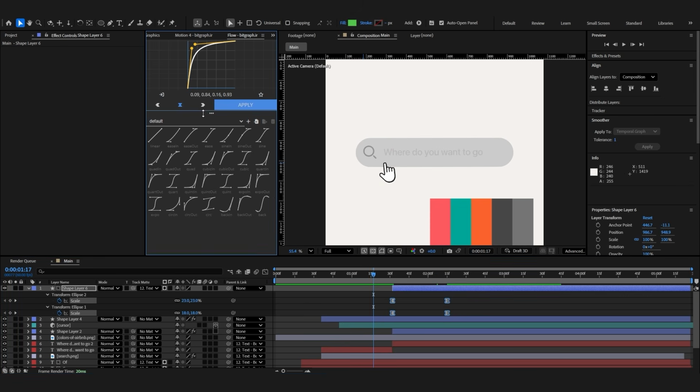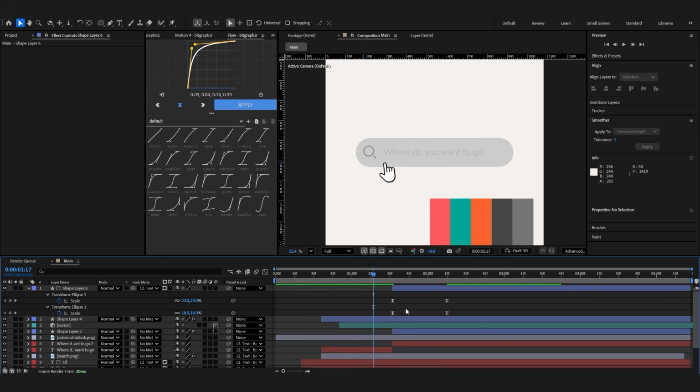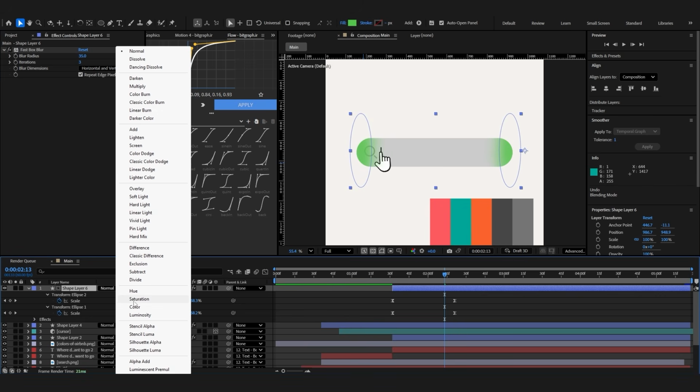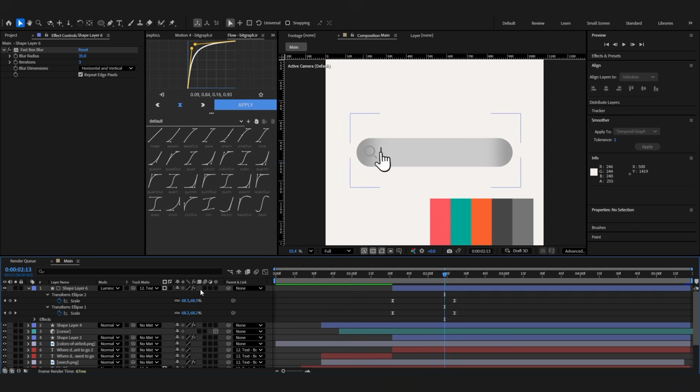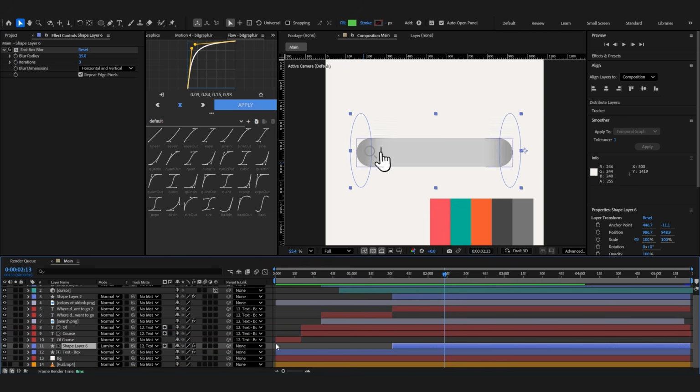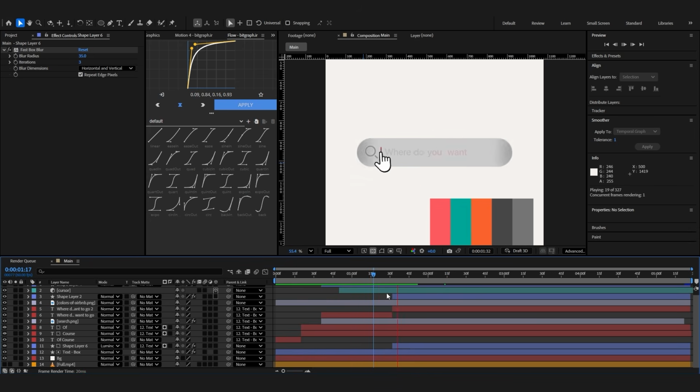Awesome. Or I can use the flow to have some better animation. This is good. And if I give it a fast box blur, I can do a fade like this. 35 would be good. And for the final touch, I'm gonna change the color mode, and you see magic. So I just need to move this to exactly over here to have it exactly behind everything,